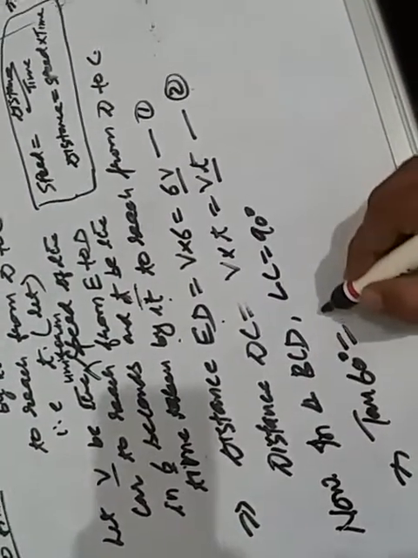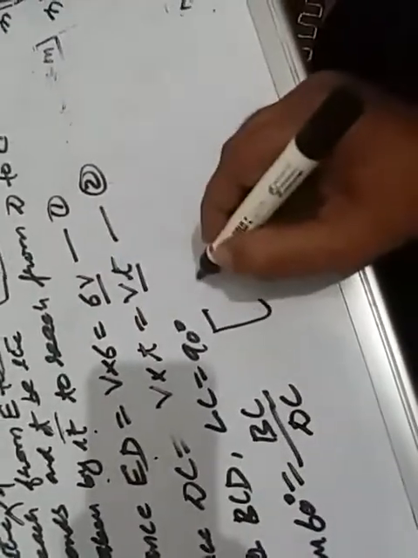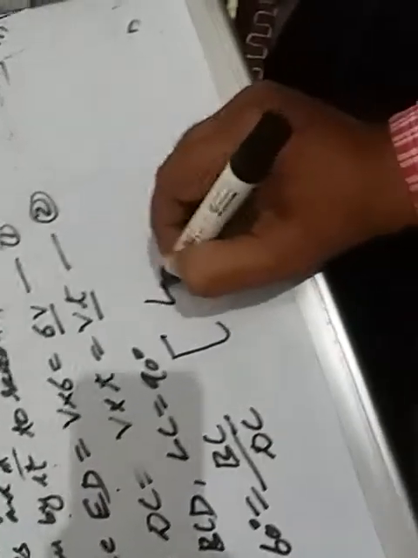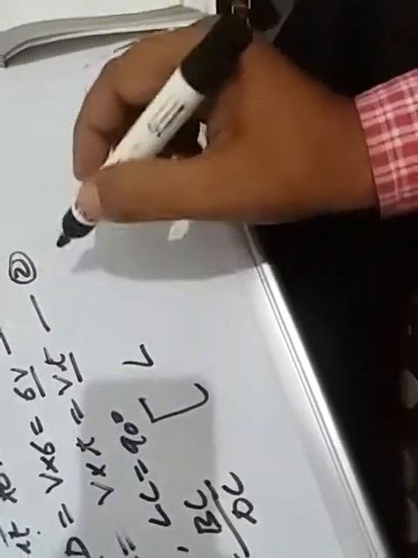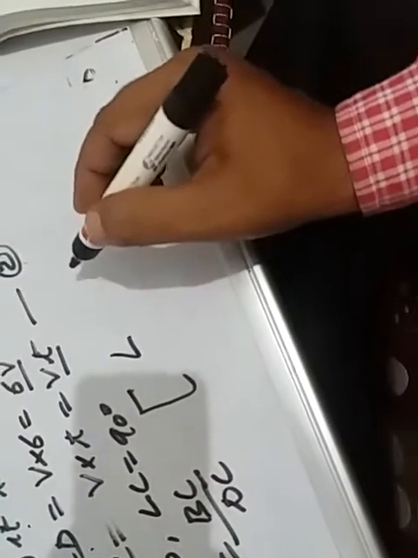Now here you can write down, in triangle BCD angle C equal to 90 degree. You can see then tan BCD we have taken. This implies that tan 60 degree equal to what? Tan 60 degree equal to BC upon DC. Okay children, why tan BC upon DC? Here you can write down angle EBA, that is 60 degree, that is your angle DBA.